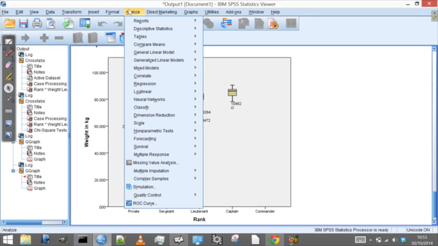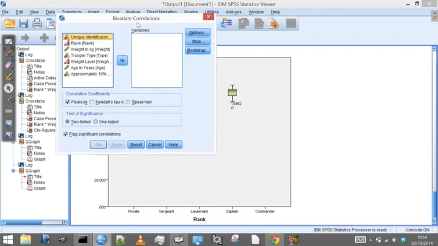I can go to the Analyze menu. Remember, the Analyze menu is where all of this functionality is found. And helpfully, there is a submenu which is listed as Correlate. So that helps give me a clue that that's where I might want to go. And when that submenu opens up, we are presented with three options. We're interested in only two variables, so we go for bivariate. Bi meaning two, variate variable, two variables. So analyze, correlate, bivariate,